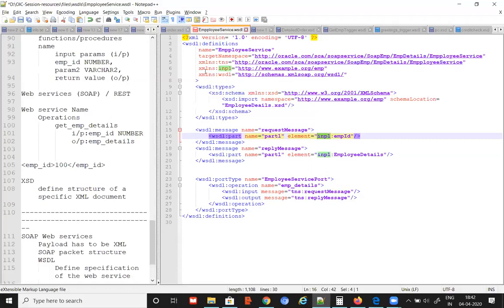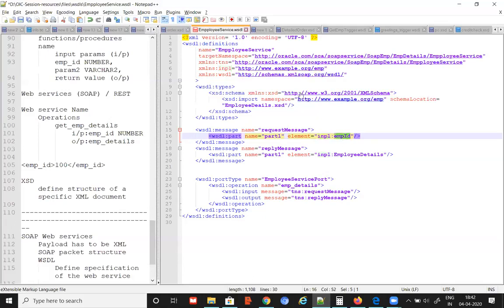If you go up, you can see xmlns INP1. It is having www example org emp. This is the namespace I am referring to. In that namespace, whatever XSD is actually there, from that XSD I am using the EMP ID element.